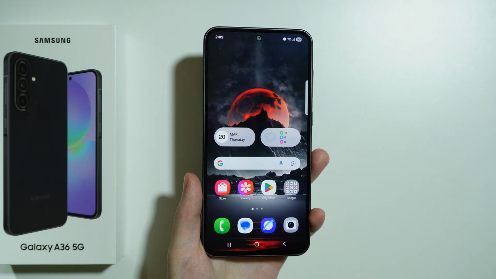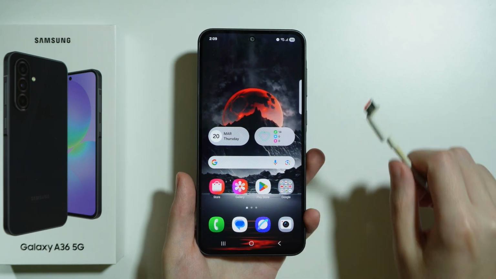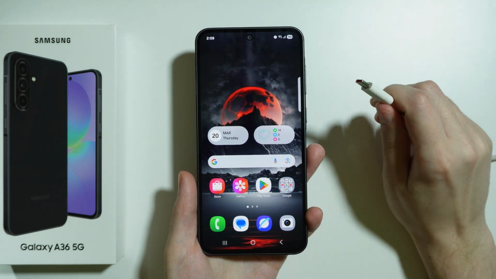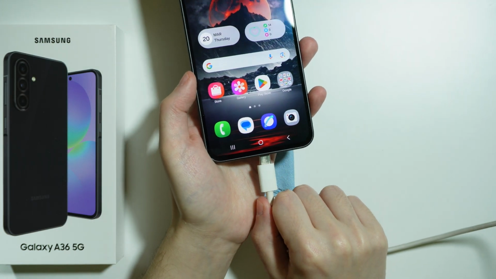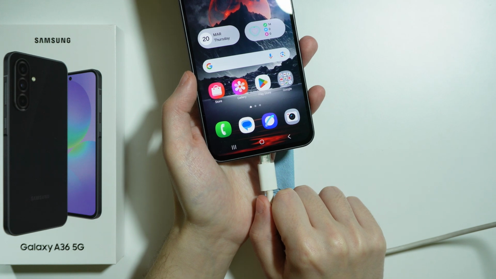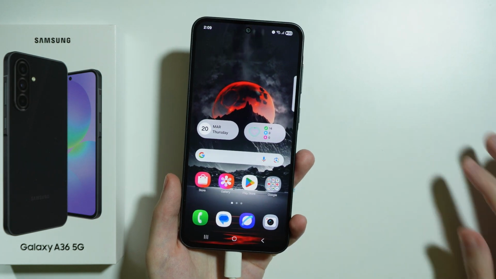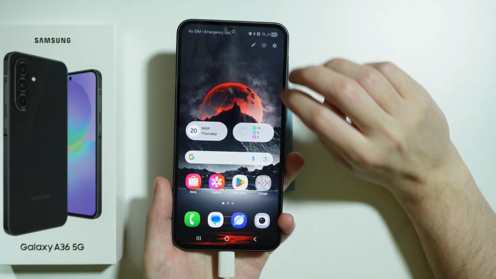To wipe cache partition in recovery mode on Samsung Galaxy A36 5G, you will need to use a USB cable, and you need to connect your phone to the computer. So once you connect the phone to the computer with the USB cable, then we need to turn off the